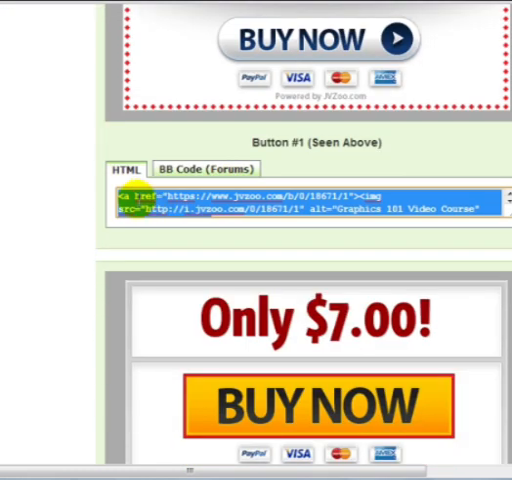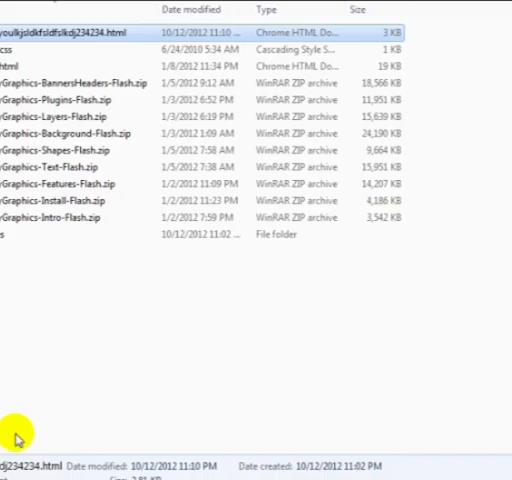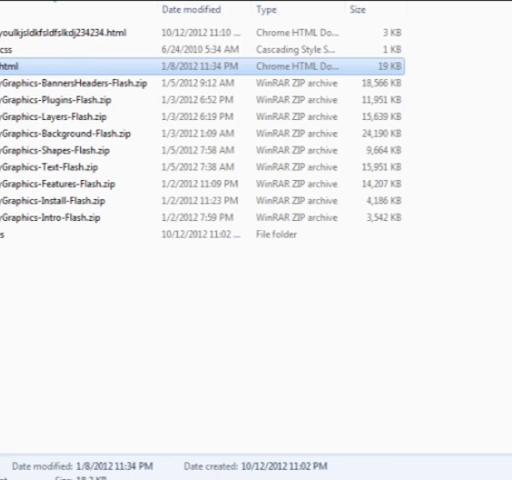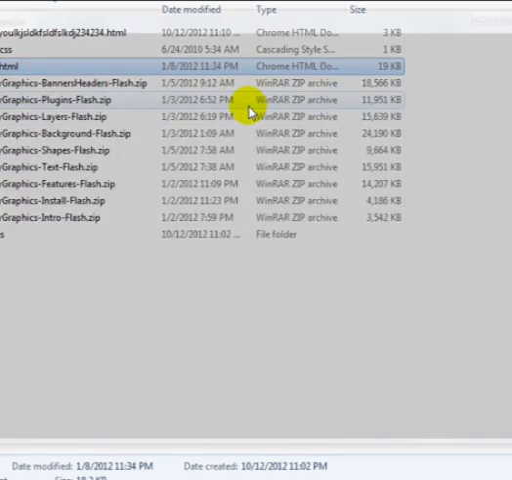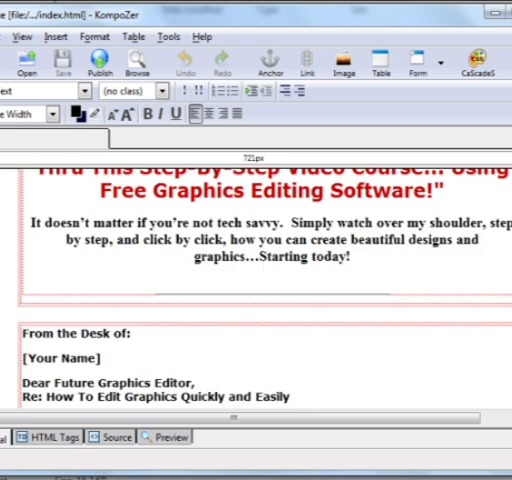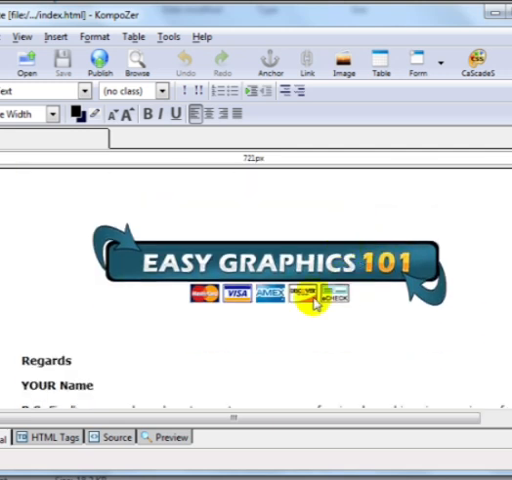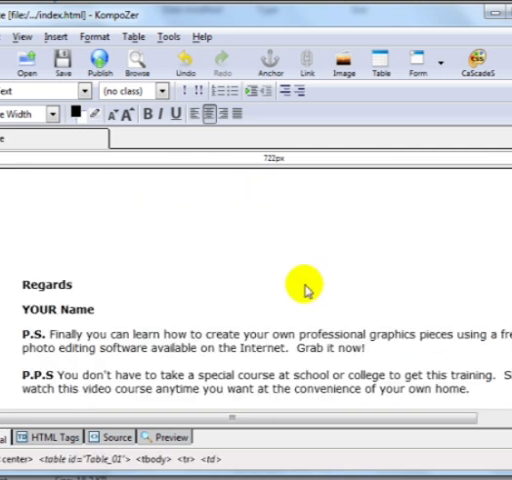So basically highlight this, right click, click on copy, and then what I want to do is simply go back here and open this index.html file, or in other words my sales page, in Composer. So we're going to scroll all the way down to the bottom where my payment button is right now, and just click on it and click delete. And what I want to do is just enter some sort of token like 123 123, something that you know does not exist on the sales page, because after you do this, you're going to need to click on